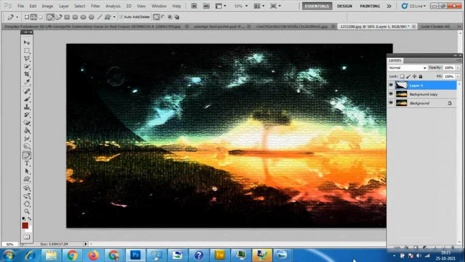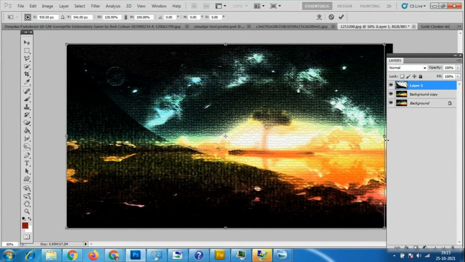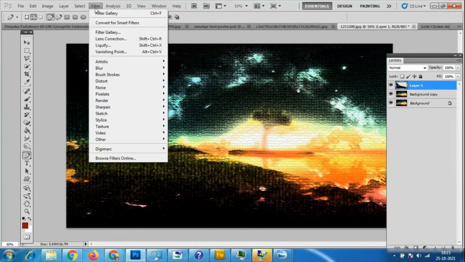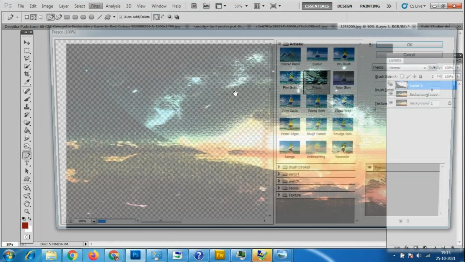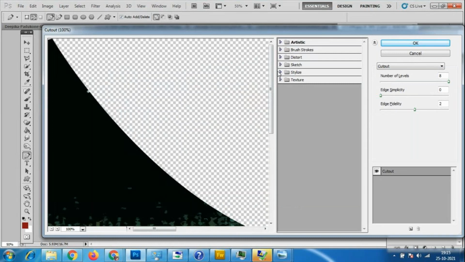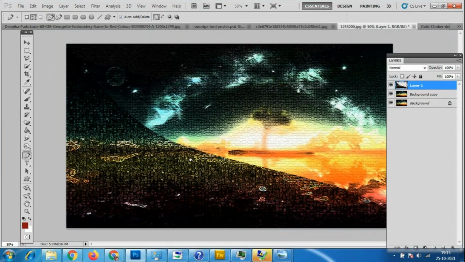Otherwise, any other color or image effects you can use. Any other image you can cut and use like this with the tool. Otherwise, a filter which should look very bright, you can use it, like this glowing edges effect. So instead of using the simple pink color, you can use some other templates.